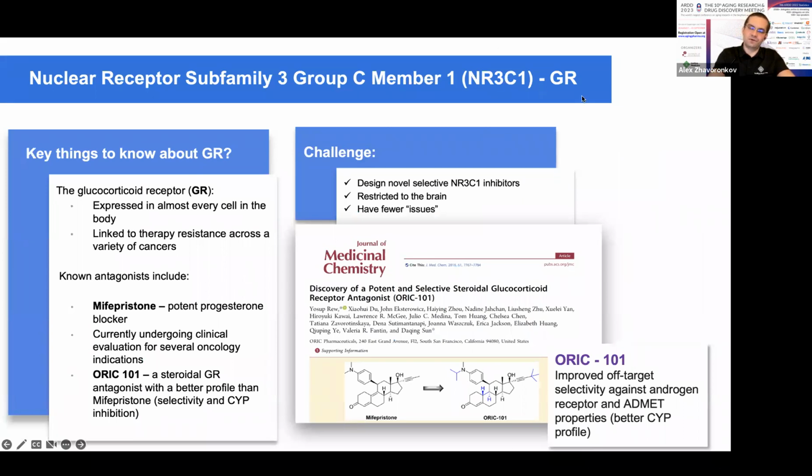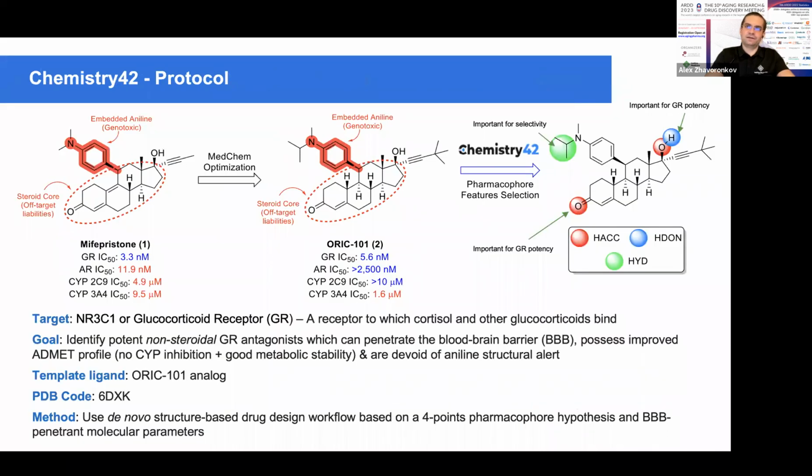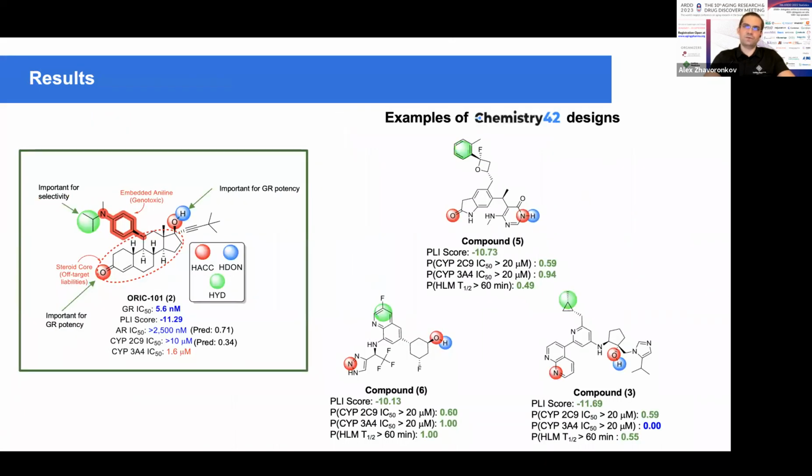We knew that there are some already promising hits and some ligands. So over the weekend we took one of those ligands and gave it to Chemistry42 together with the crystal structure, and asked Chemistry42 to make a better molecule, to optimize it. And since we were just running it over the weekend, when Petrina, Dr. Kamia showed this